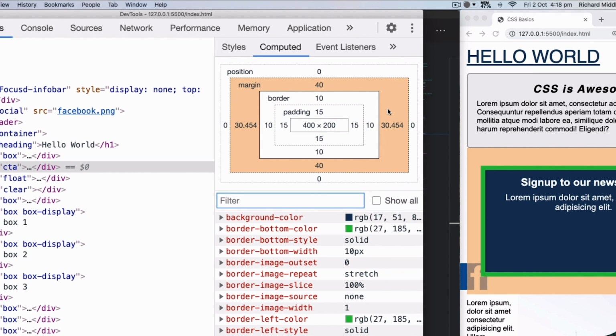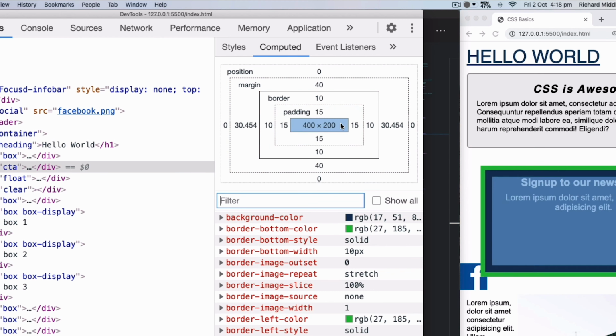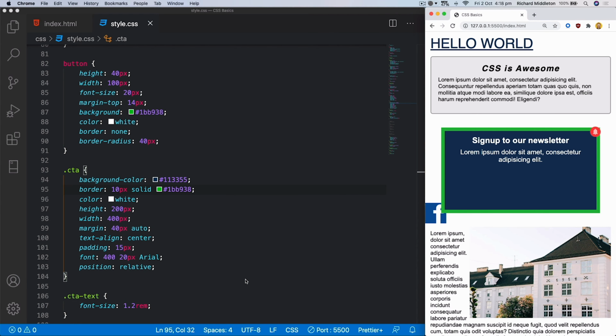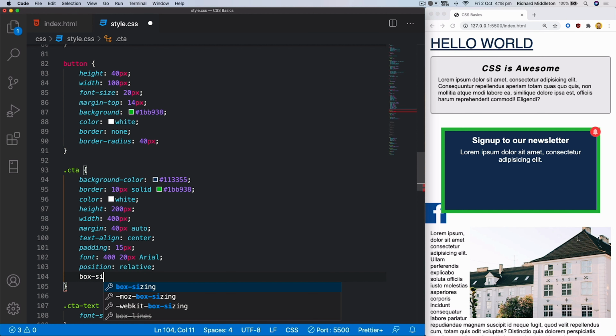plus 30.454 because it's a percentage. So this is not 400 pixels anymore. The middle bit is, but everything else isn't. Now what box sizing helps you do, if you need something to be a certain size, including the padding and the borders, is you can add a property to it called box-sizing